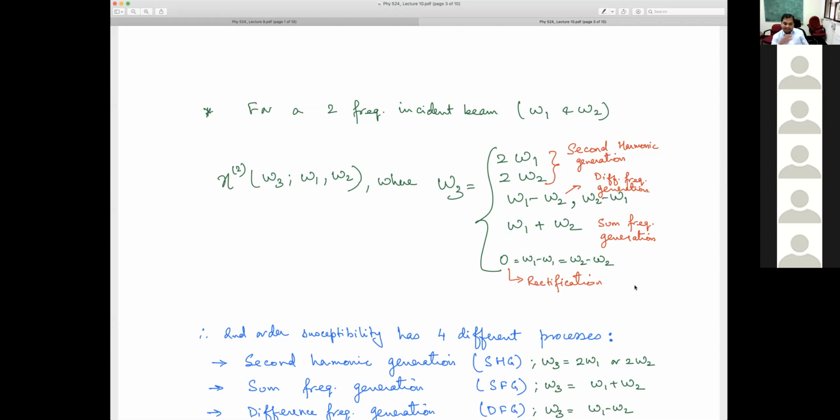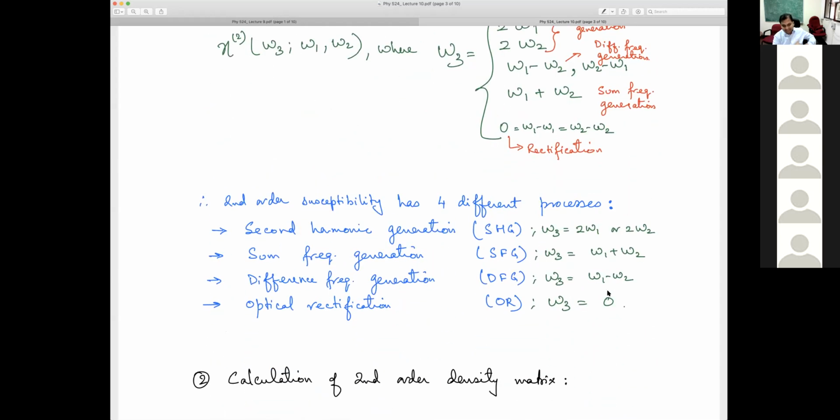So I shine light and I generate a DC current, a photocurrent, which is intrinsically a second order process. Because from an omega frequency response, I can never generate a zero frequency response in the linear regime. But I can combine omega with a minus omega to cancel out the omegas and I get a rectification. So optical rectification is the whole of the photocurrent industry, or the whole of the solar cell industry, if you like. Of course, there's a lot of technology there, but the idea is this.